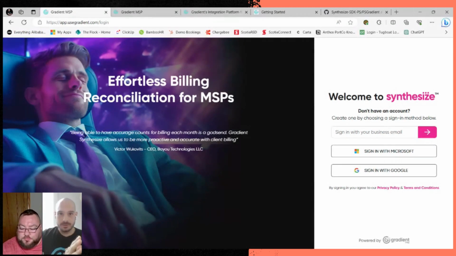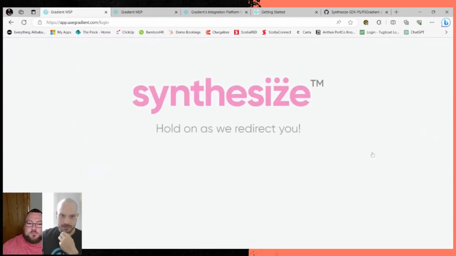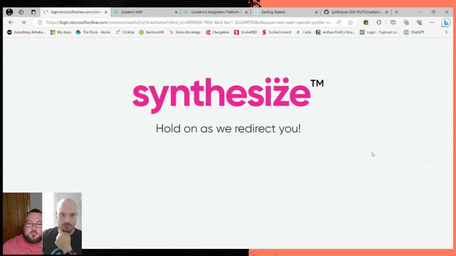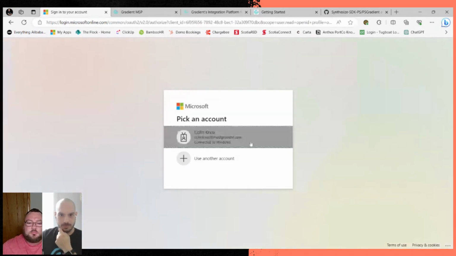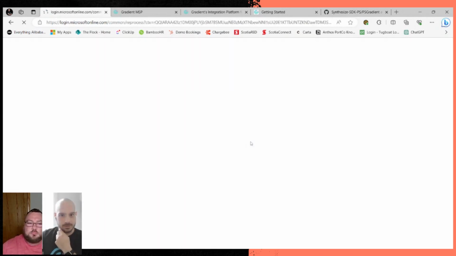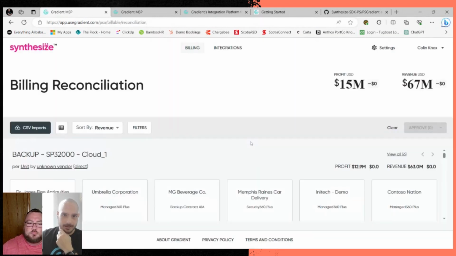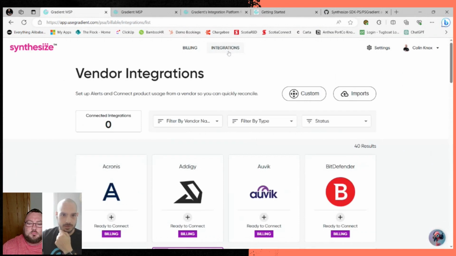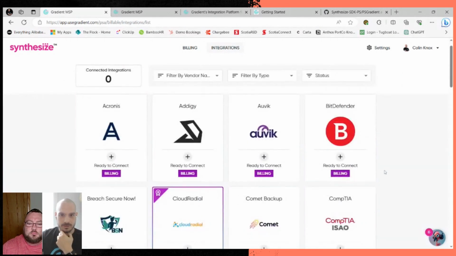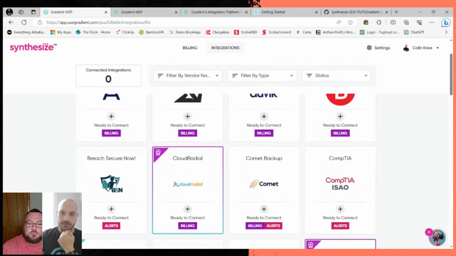Yeah. So what's really cool, I guess I'll log in first. We've got SSO with Microsoft, Google, or you can do a magic link if you prefer. So just log in here. We talked about integration. So when we come into integrations, here's a bunch of the integrations already available for you,